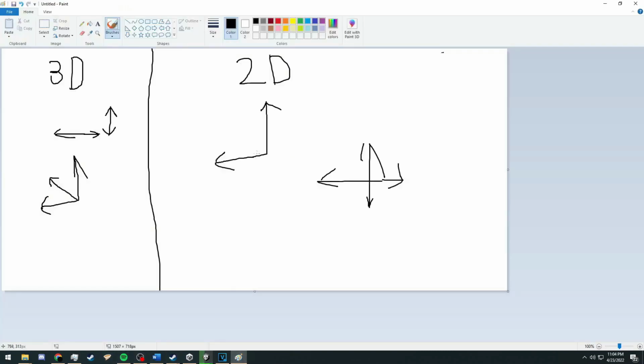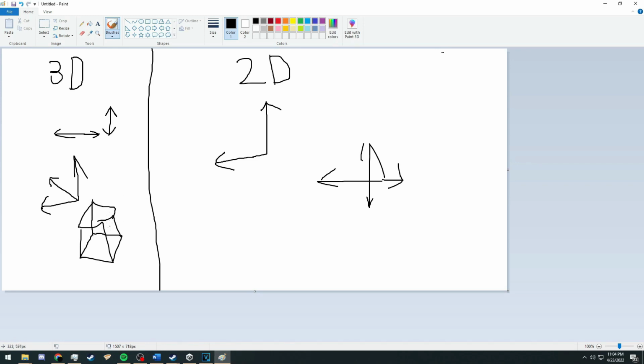Anyways, that's kind of the difference. Also, another big difference between them is 2D takes up a lot less memory than 3D. Think about it as 3D has to render this, this, and this, and also this side too, because it's 4-sided,